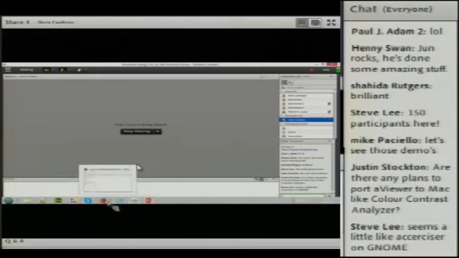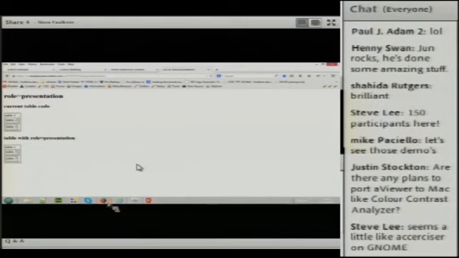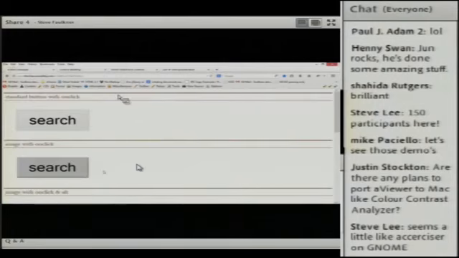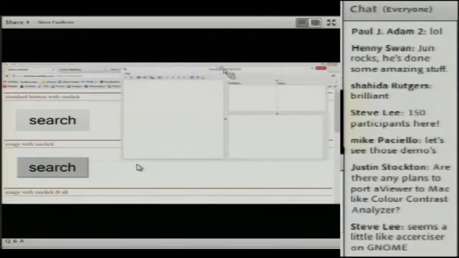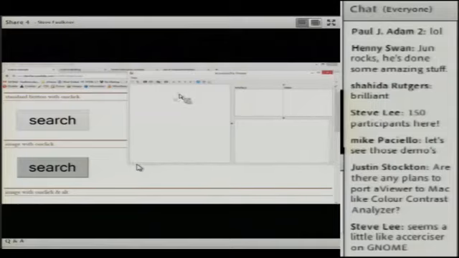Okay, so I have some examples here. Hopefully everybody can see my screen. I've opened up the toolbar, and as you can see, in all its glory. This page contains a number of different examples.